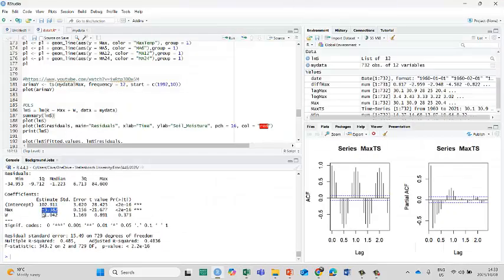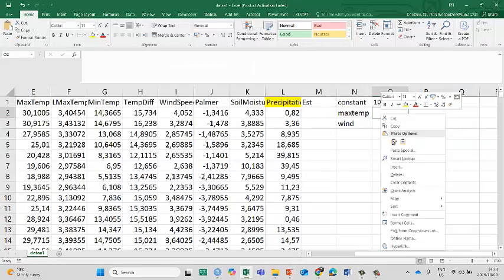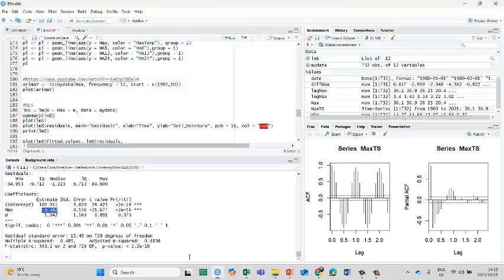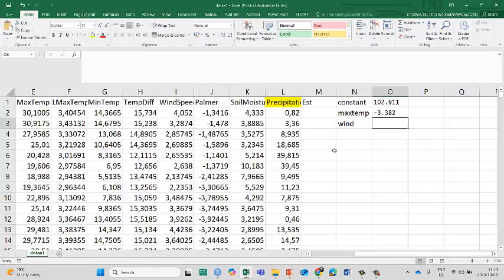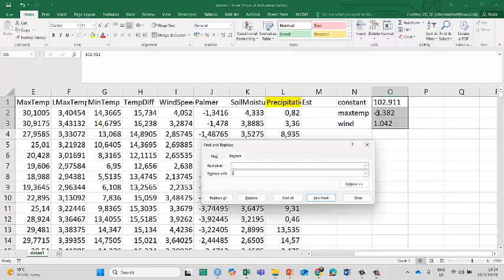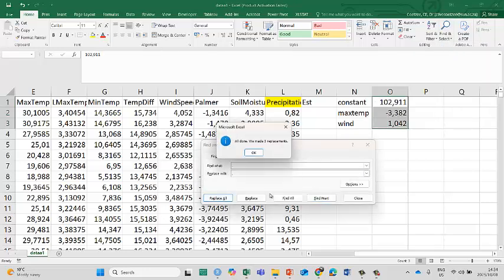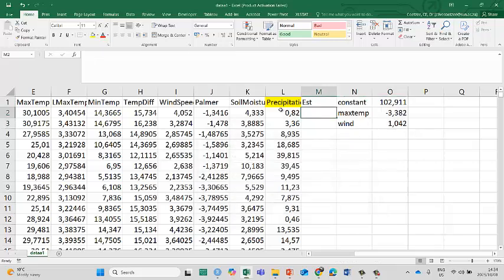And there's my maximum temperature. I'm going to correct them now. And there's my wind speed. Although this is not statistically significant, it's in the model, so I have to include it in calculating the estimate. So I'm just going to say find, replace all. It would only be 3. Oops, and there we go. So there's my actual